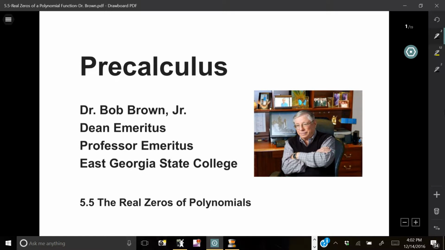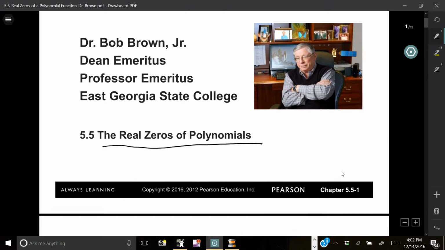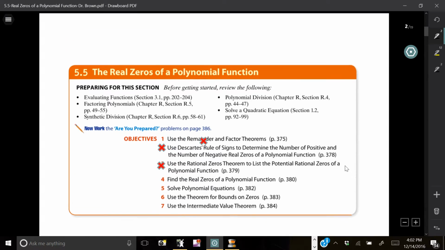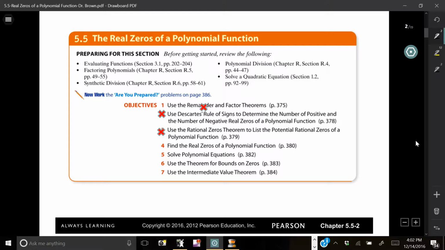In this video, we're going to talk about the real zeros of polynomials. This slide gives us an idea of some of the topics we're going to cover. If you see a red X by it, we're not going to cover that topic. So we're not going to cover the remainder and factor theorems, which are hardly or rarely ever used in helping